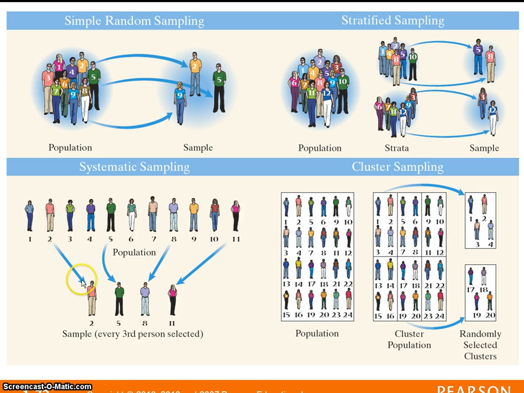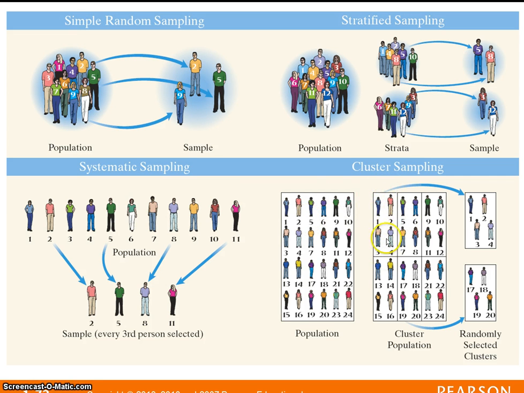for example, you might start with the second person and then the fifth person, and then you would pick every fourth or third person after that. So you'd start with 2 and then go 3 more, and then 3 more, pick the 8th person, 3 more, pick the 11th person. And then with cluster sampling, you break the data up into clusters, and then again you